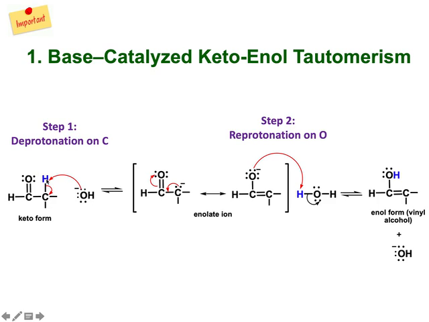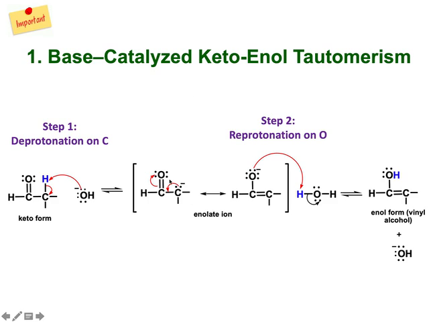It abstracts this hydrogen, so it becomes C minus. Resonance in the enolate ion: C minus, this one, and the other one is C O minus. These two structures can attack in the next step, because this one is nucleophilic,